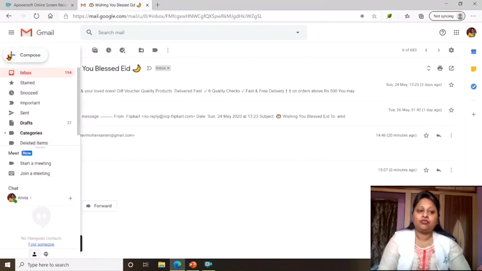Coming up to the next option other than inbox is starred. You may mark your favorite messages using this. Snooze can delay a particular message. Important, as the name suggests, important messages can be tagged. Sent is the place where the collection of messages is being done which we have sent to other recipients. Like the message I drafted now and have sent would now be shown in the sent box.